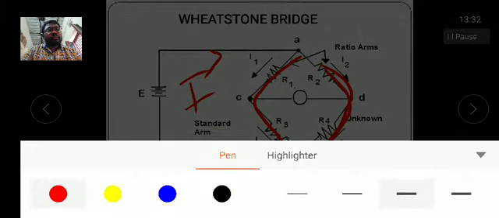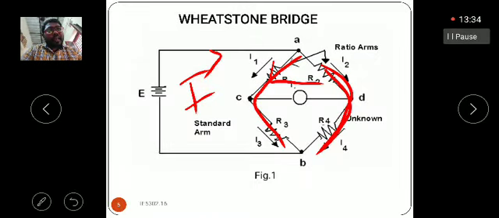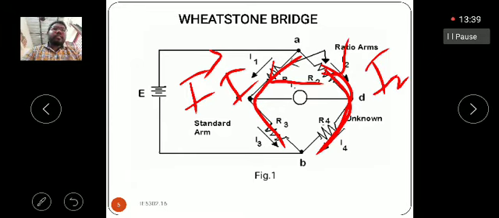Here the current is I1, here I2. Only the two currents are passing through this circuit, because the galvanometer current is 0. That means the potential difference between the points of the galvanometer is equal to 0. Then it goes to a null detection. Then we are measuring the value of the unknown resistance with the help of ratios of the resistors. In this way we explain the balancing condition.